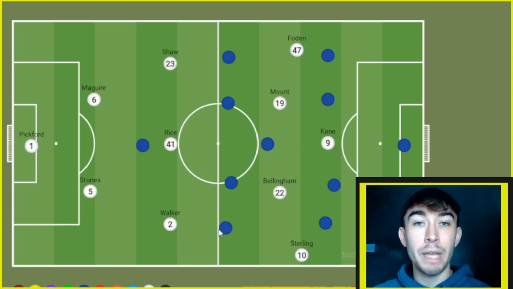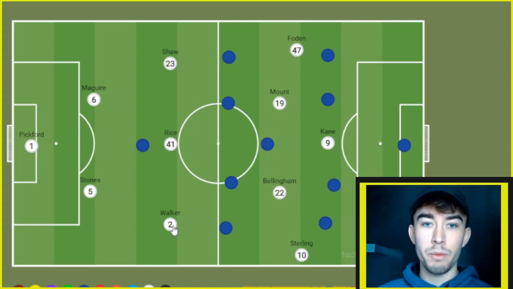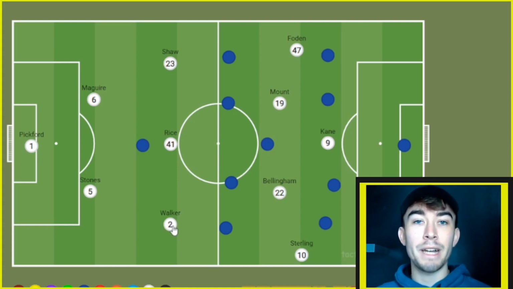Now, the first thing we have here is inverted fullbacks, and Kyle Walker in particular at the back. They're going to provide that safety on the counter-attack. So there is that bit of caution that Southgate will want. There is enough players at the back to defend transitions. In terms of on the ball, there's some easy ball progression methods,